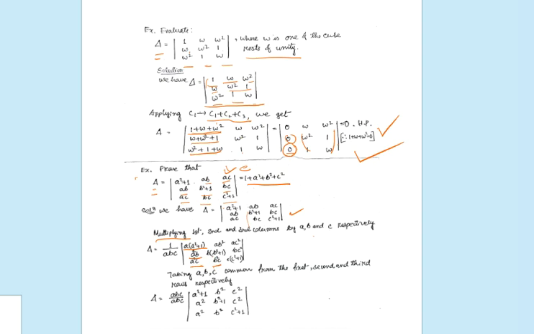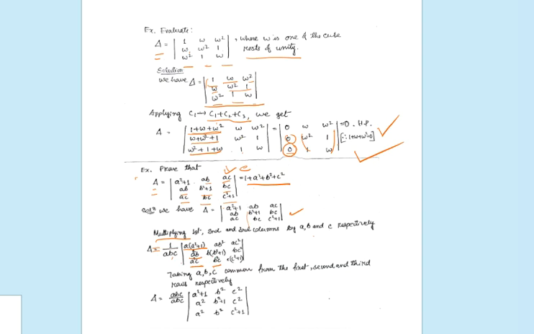Again, if we multiply the columns by a, b and c, we have to multiply the determinant by 1 by a, 1 by b and 1 by c, so that the value is the same again. We cannot just multiply the columns, it will change the value, but the value should remain the same as the original one. So if we multiply the first column by a, then 1 by a should be multiplied, so that a and a get cancelled, then the original column will remain. Similarly the second column is multiplied by b and 1 by b, and the third column by c and 1 by c. So c gets cancelled and we get the same value.